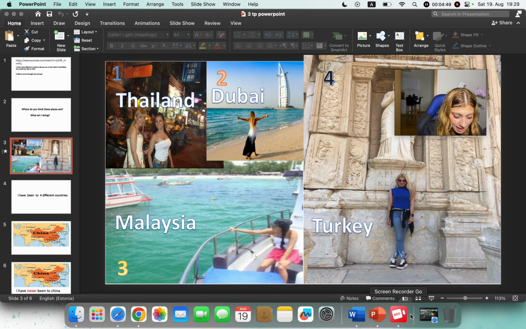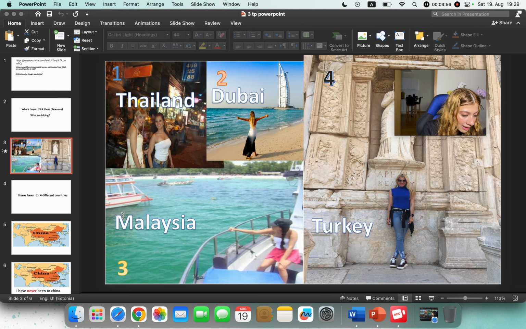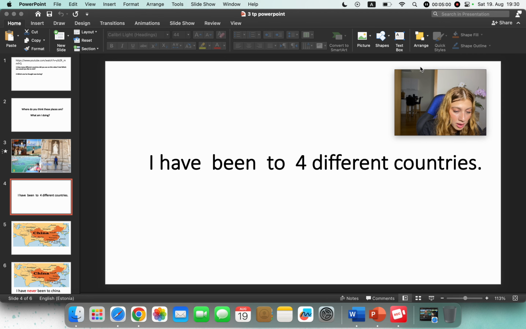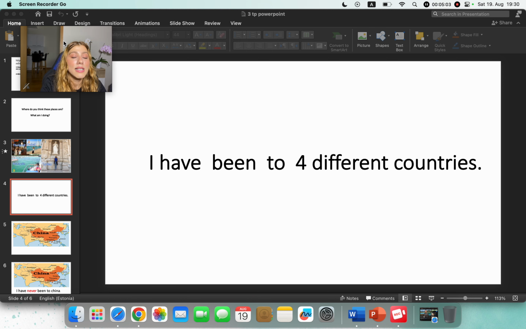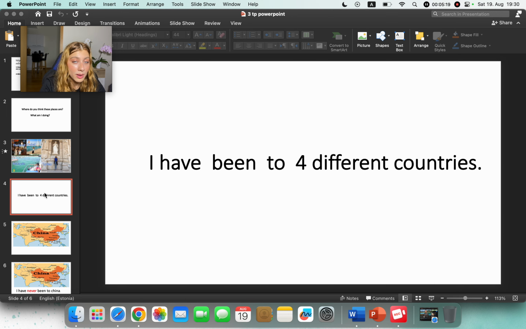then, as I said, for the presentation, first of all, we are going to show them the meaning. The meaning means that we are going to have one marker sentence. What is the marker sentence? It is the sentence that you are going to show them for the first time in the lesson that you have designed. Like, this is the present perfect about experience: I have been to 4 different countries. Because it was 4 different countries, I show them that I have been to 4 different countries. So